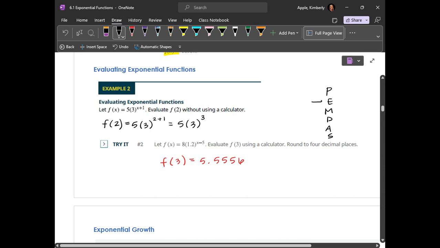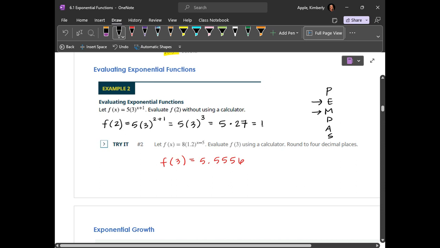The next thing I'll handle is any exponents. This value has an exponent attached. The 5 is multiplied, so I'm not going to do that yet. So this becomes 5 times 3 to the third, which is 27. From there, I will then move to multiplication, and 5 times 27 will give me the final answer here, which